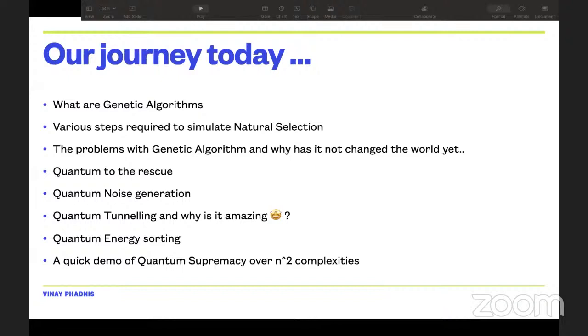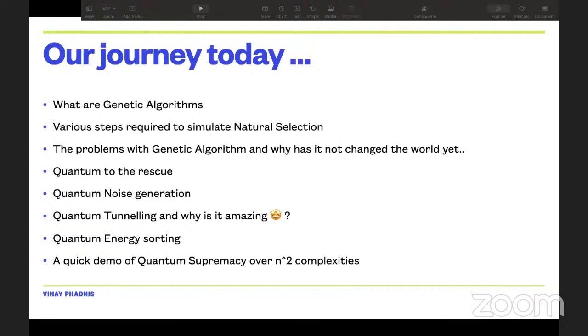To begin with, today we'll cover these topics: the basics of genetic algorithms, then the steps required to simulate natural selection on a computer. We'll get into exactly how it's done and what the different logical steps in it are. Then we'll get into the problems with genetic algorithms and why they have not seen their true potential.